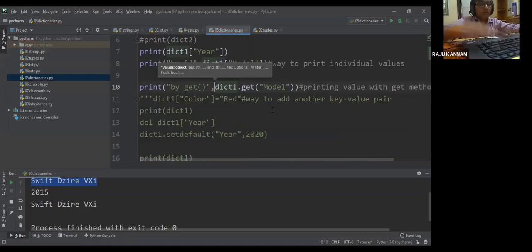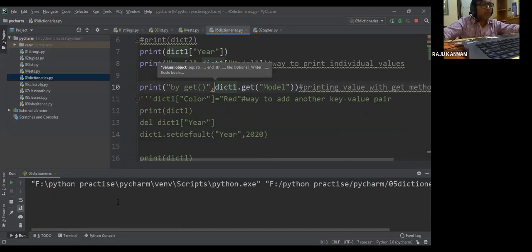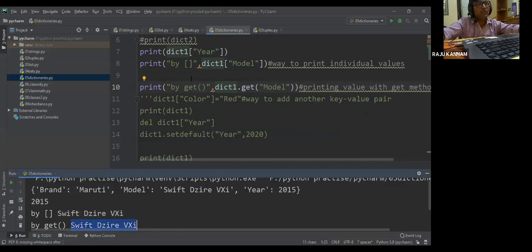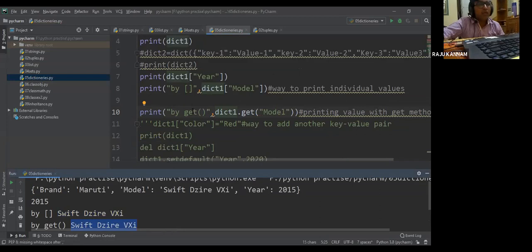Now if you execute this, by square bracket we are getting the same value, and by get method also we are getting the same value. That means these are the ways to access. Either you can use the get method or you can use the indexing concept to get the value of any key. Any doubt till here?